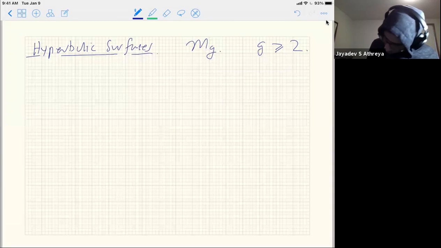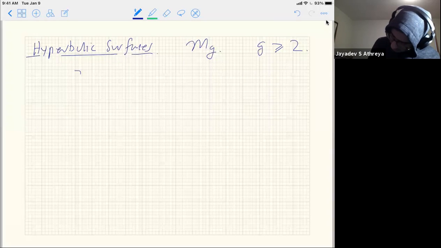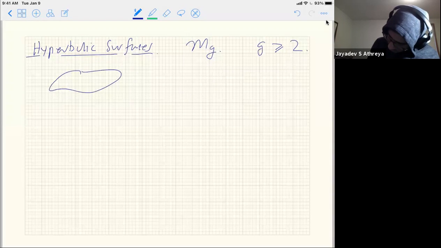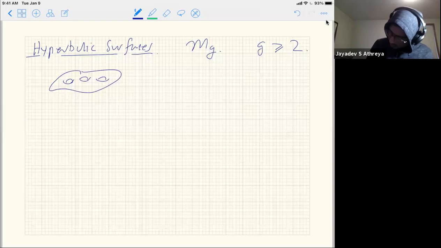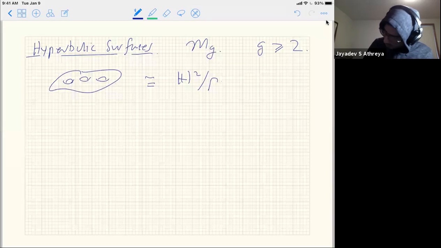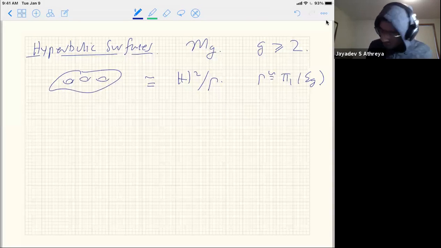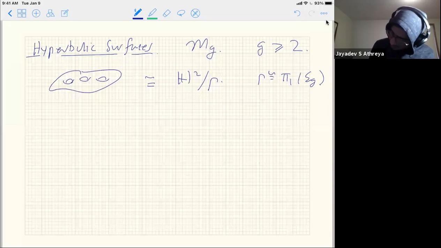Now you could ask all kinds of different questions. You have your favorite genus g surface. It has a hyperbolic metric. So what you've done is you've kind of thought of this as the hyperbolic plane modulo some group, right? So gamma is isomorphic to the fundamental group of your surface, but you've nailed it down. That's what it means for me to have a hyperbolic surface. And you could say, for instance, count